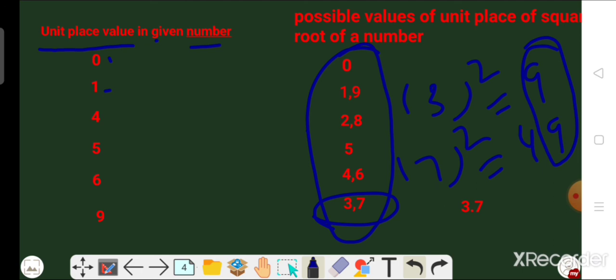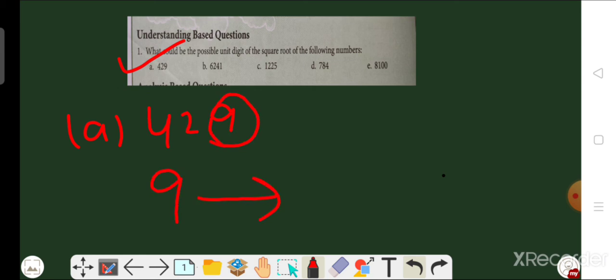Okay, by using this we have to solve question number first of exercise 3.2. Now, the question number first is, what could be the possible unit digit of the square root of the following number? Okay beta, so look at the A part, 49. Firstly we have to check the unit place. The unit place value is 9. So the possible unit place values of the square root are